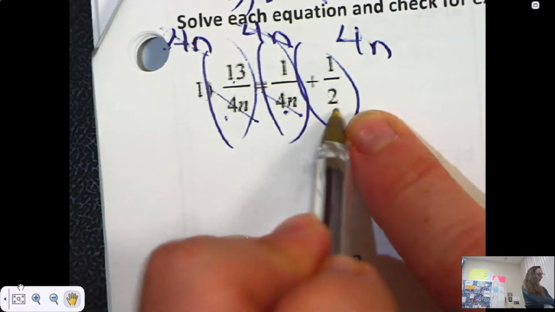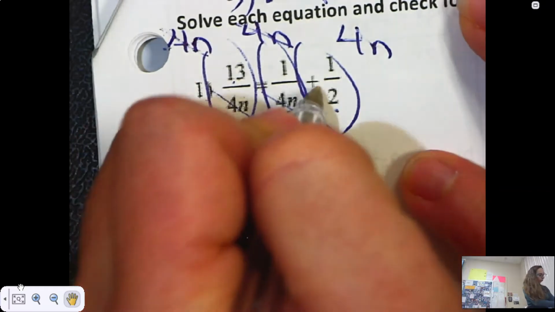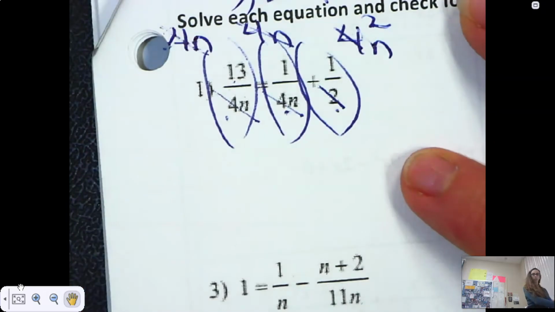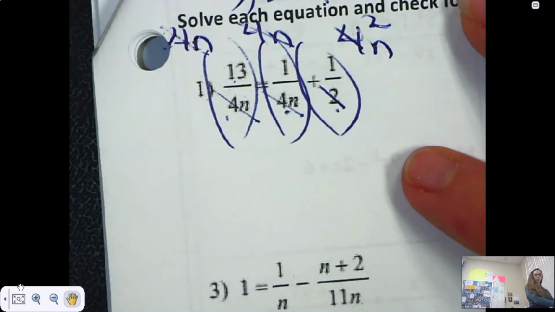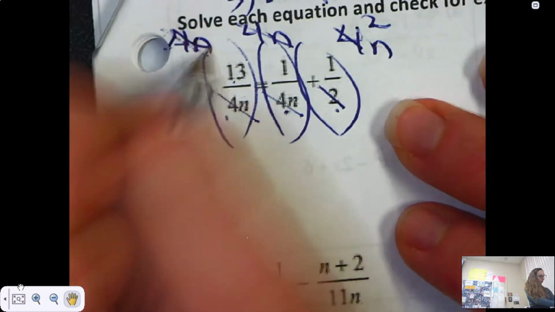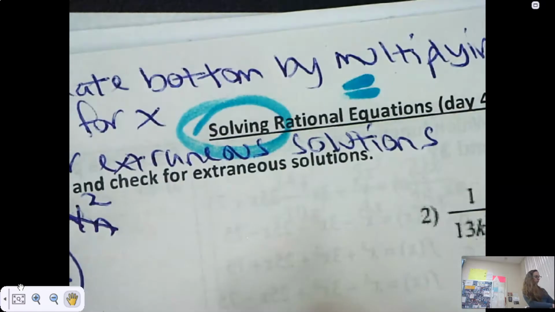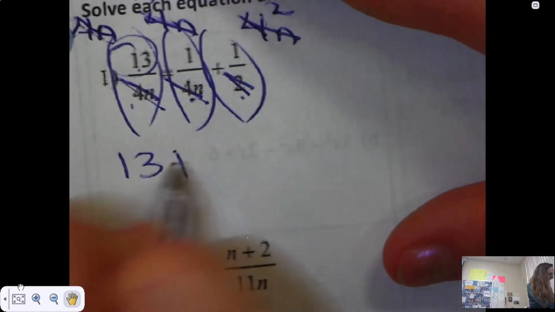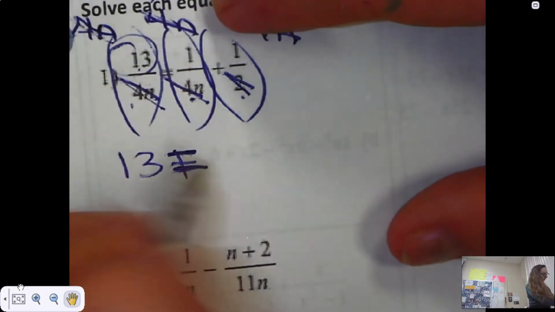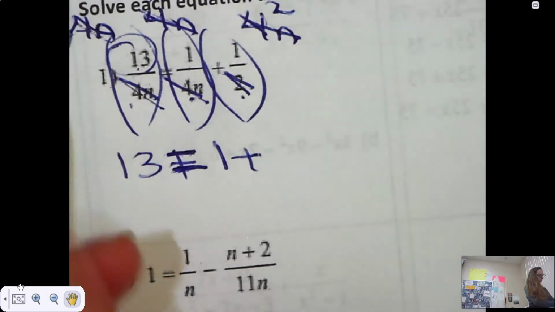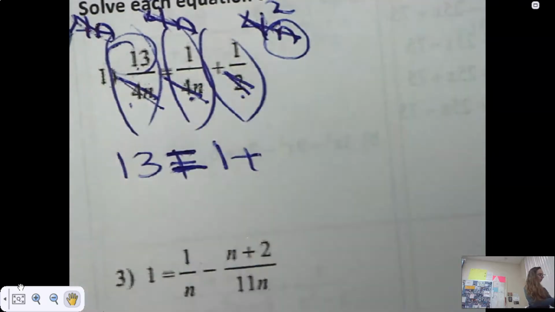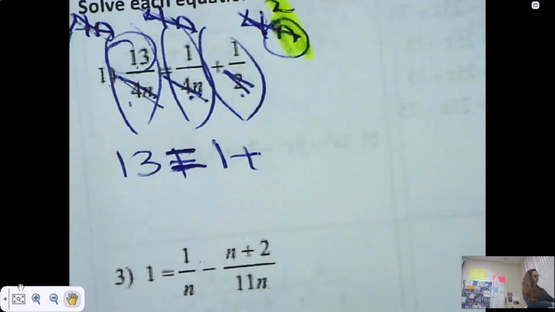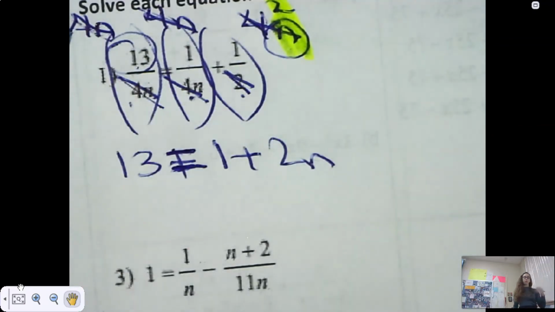And then you go, well, should I now give it a 2? No, because 2 goes into 4 2 times. So now that 2 is also gone. So I have eliminated everything on the bottom. Now I multiply. So if everything's gone, all I'm left with is 13 plus, oh no, that's an equal sign, equals, I'm not left anything there, that's 1, plus, and I still have that n, which I crossed off a little bit, I have a 2 and an n left, so I'll go 2n, and now I solve for x,